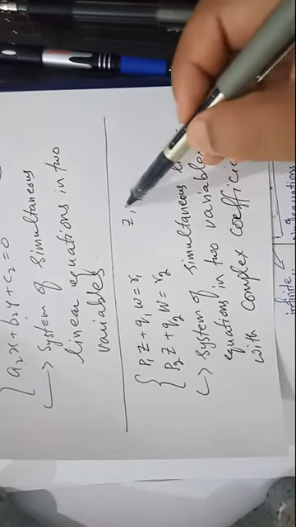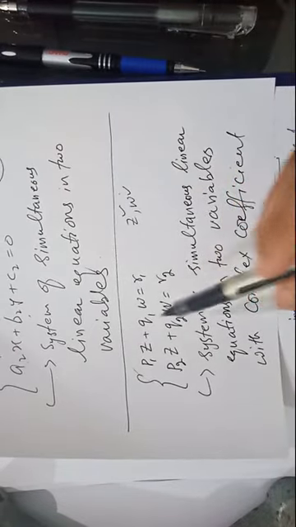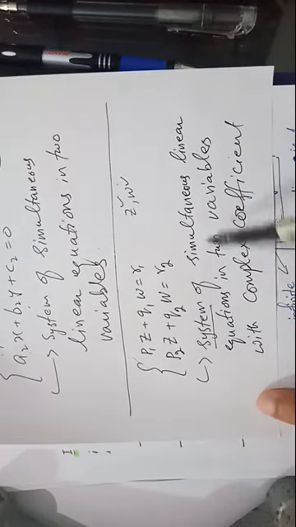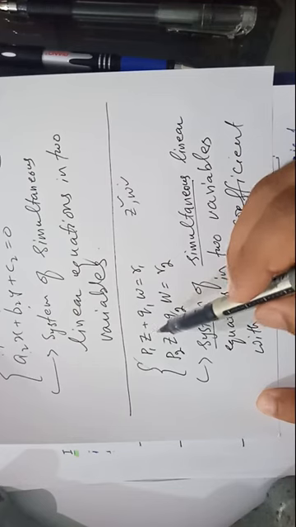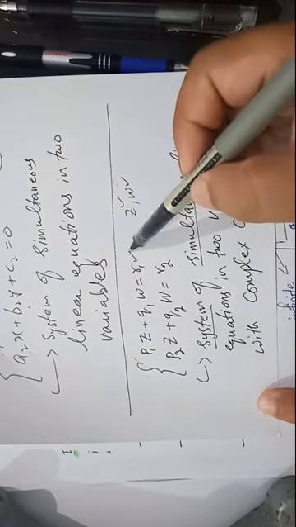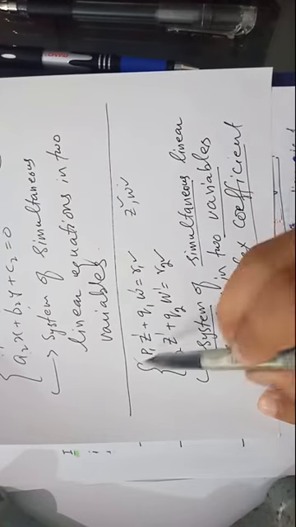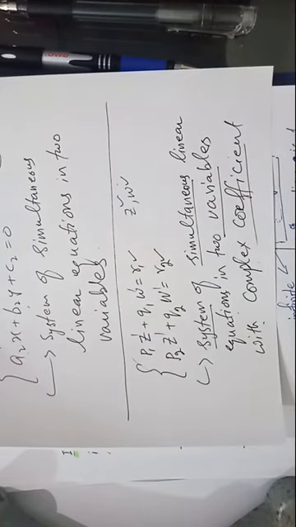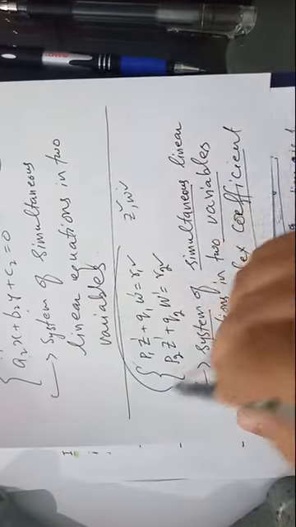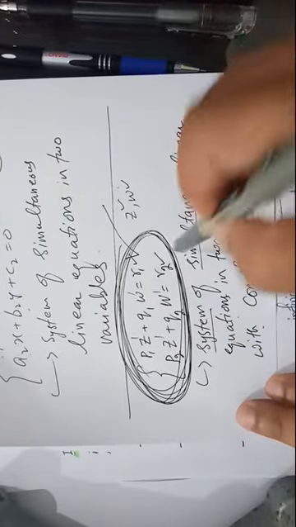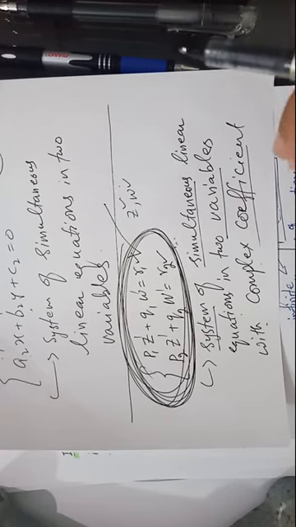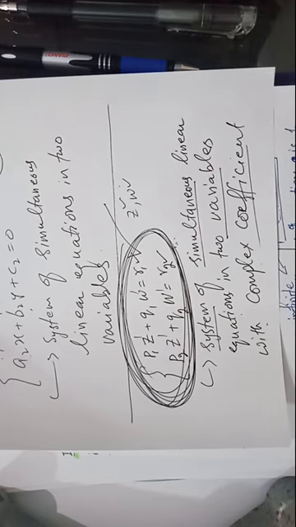Here z and w are variables. So you see that there are two equations written combinedly, so that's why this is called a system. They are simultaneous because for the single values of z and w this equation as well as this equation will be satisfied, and they are linear because the highest power of the variable is 1 and there are two variables with complex coefficients, and p1, p2, q1, q2 are the complex coefficients. So our target is: how can we find the solution of these equations? This is the main topic of this video lecture, the main topic for which we are looking, the main topic which is given in your book.